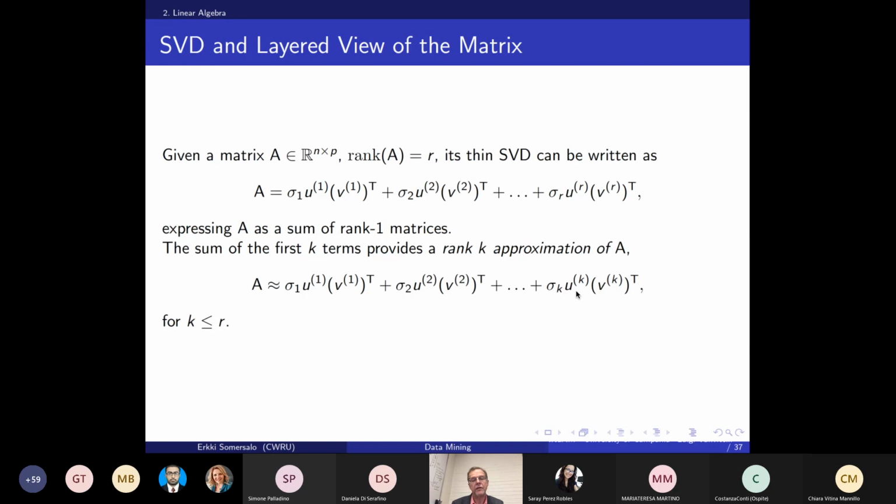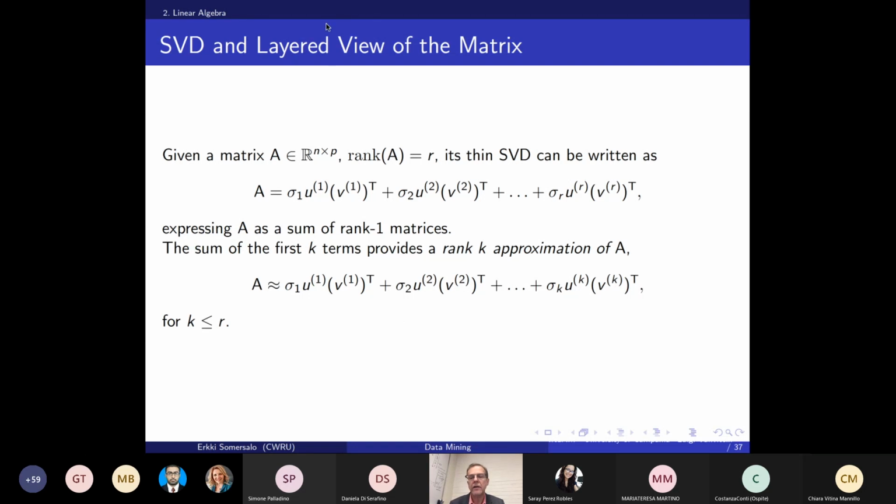This is also used in image compression. So if your A is an image, and then you do the singular value decomposition of your image, you can compress your image by retaining only a few of the singular values and singular vectors, and approximating your image by the most significant rank 1 matrices, which are given by the singular value decomposition. So image compression is effectively done by using singular value decomposition if you have the singular value decomposition at your disposal. And so this is basically all of the linear algebra background.